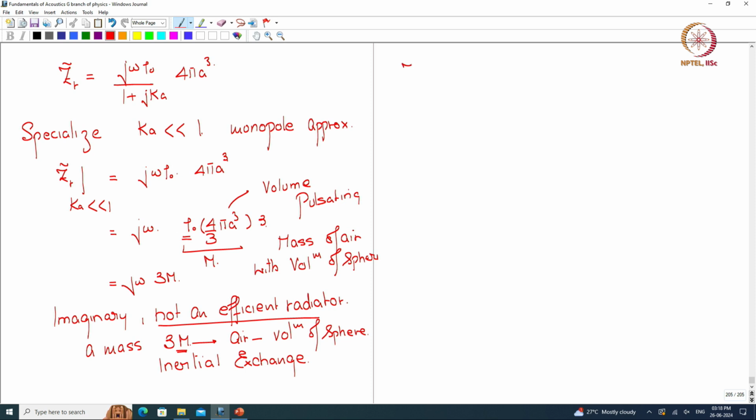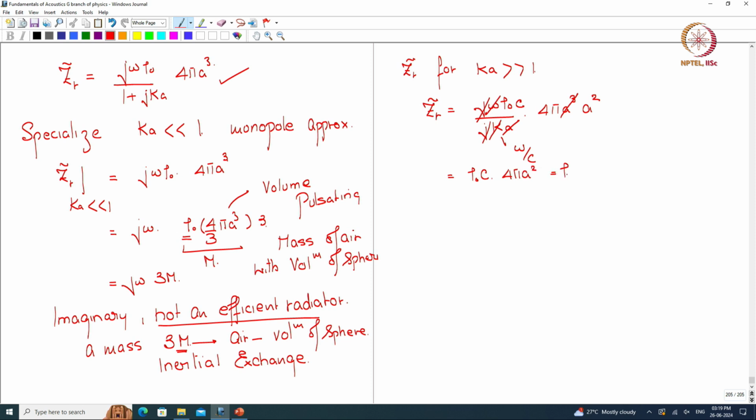On the other hand, if we look at this Z tilde R is equal to j omega, well Z tilde R for Ka much greater than 1, then from here we get Z tilde R is equal to j omega rho 0 by jka into 4 pi a cube. j goes, k is omega by c, so I get a c on top, omega and k go, this a goes and I get an a square, so I get rho 0 c into 4 pi a square, or rather rho 0 c into S, which is like a mechanical impedance,